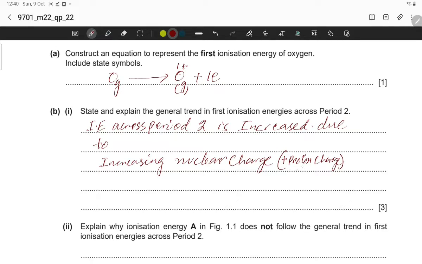So no need to write this down, but the nuclear charge means the positive proton charge in the nucleus. So it is known as nuclear charge. Increasing due to increasing nuclear charge, decreasing atomic radius or atomic radii of the elements,